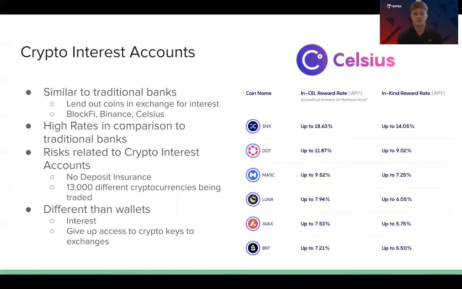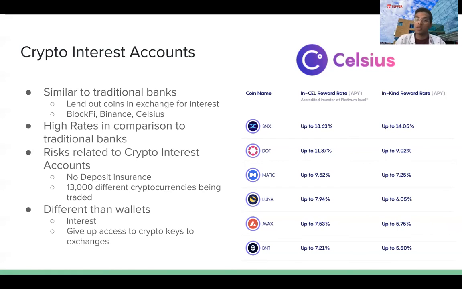So now we'll be talking about crypto interest accounts. These accounts let you earn interest on digital assets that you bought. So you agree to lend out coins in exchange for interest. This is similar to how savings accounts work at banks. You first deposit money, then the bank lends it out and pays you back plus interest. And you can generally take your money out anytime. So a key benefit that attracts people to these interest accounts is that rates can be very high. Celsius offers rates from around 9% to 14%.